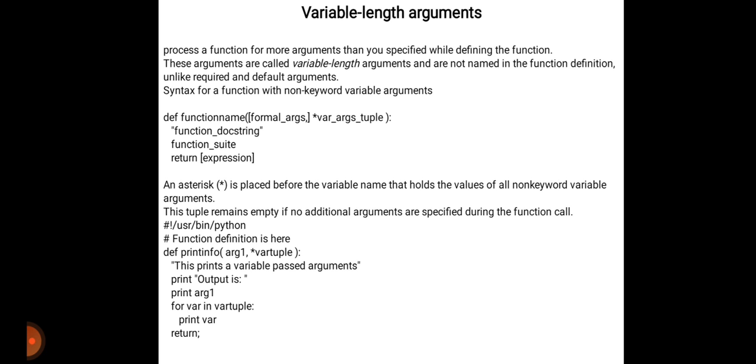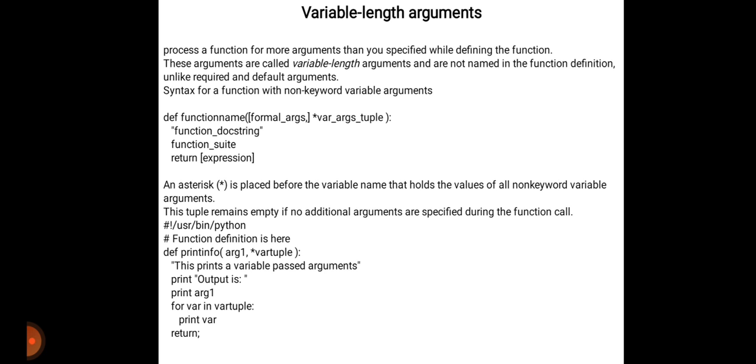It holds the values for all non-keyword variable arguments. This tuple remains empty if no additional arguments are specified during the function call. Following is a simple example.